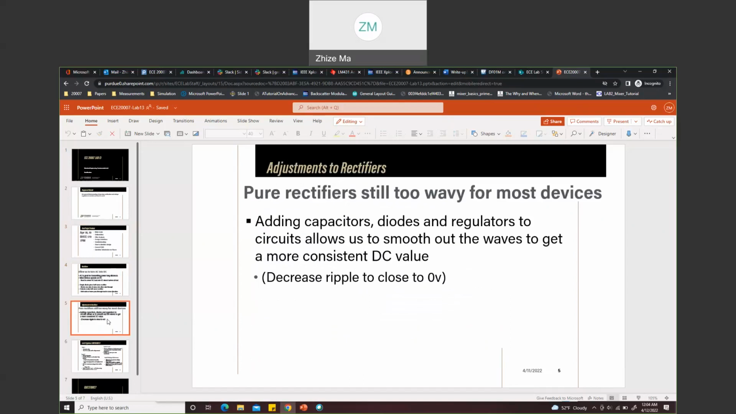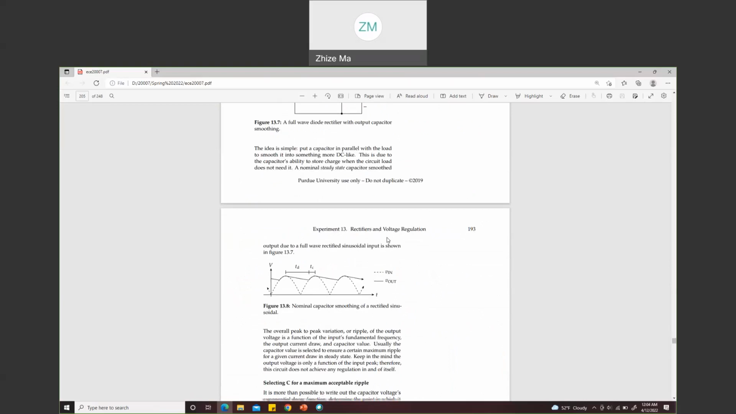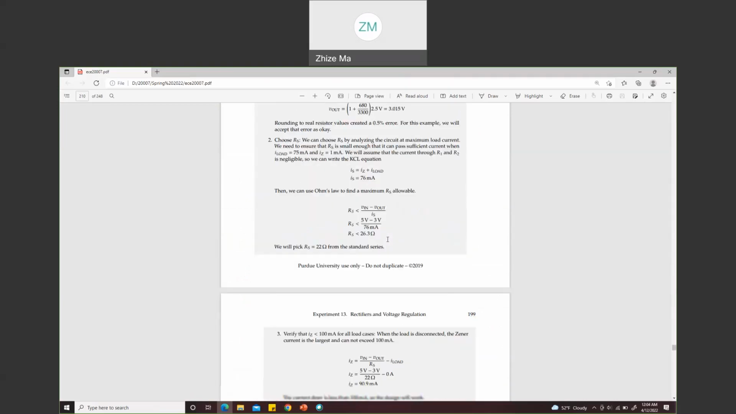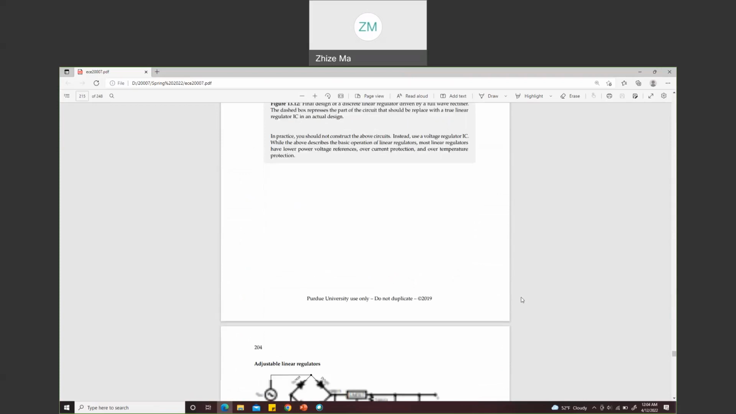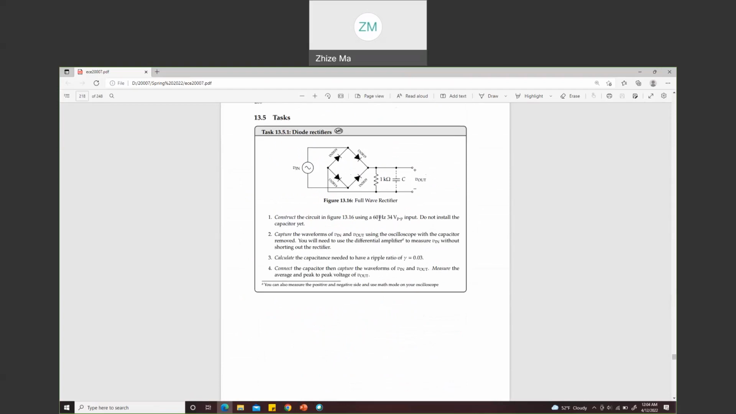Right, so back to the tasks. There are a couple of changes for this semester's tasks. First of all is Lab 13, task 1. In task 1, instead of using the 13 volt forward VPP from the transformer, with the transformer directly plugged into the outlet, which is what we did in previous semesters,